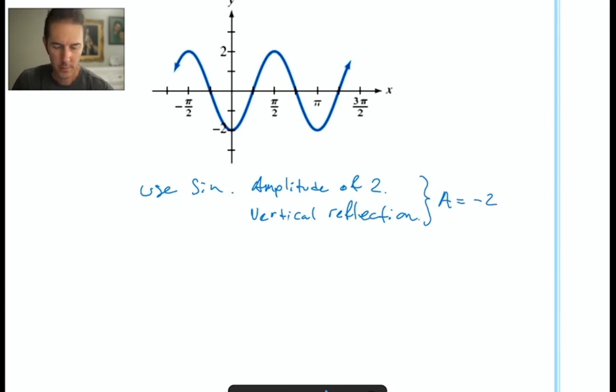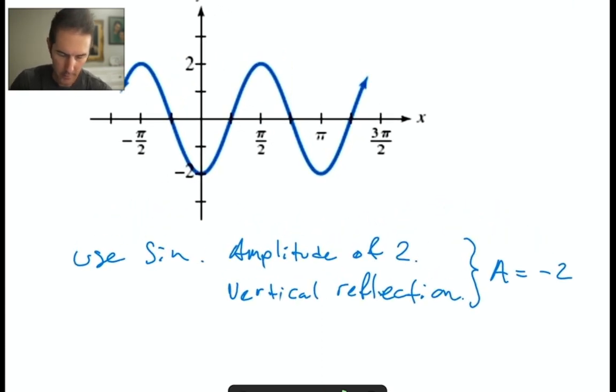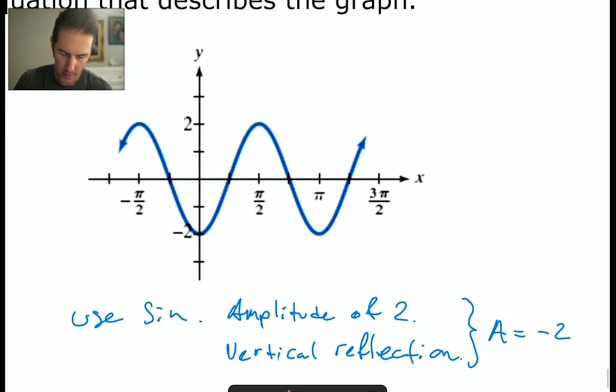Now let's look at the graph a little bit more closely. If we look at one period worth of the graph, I think you can tell that that is a part of the graph that could then be copy and pasted to the left and to the right. I kind of grabbed the middle portion of it. And what's the width or the period of the graph does it appear to be? We went from 0 to pi just there. So the period appears to be, and if you want to put some notes on your graph, maybe you could say